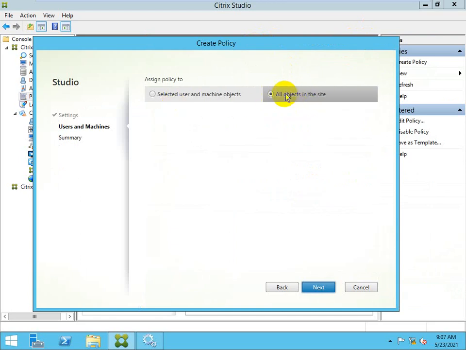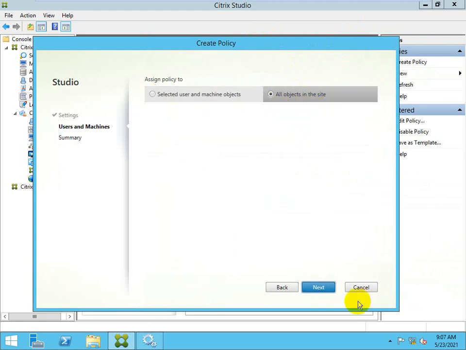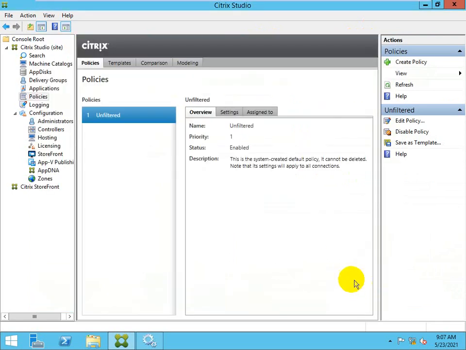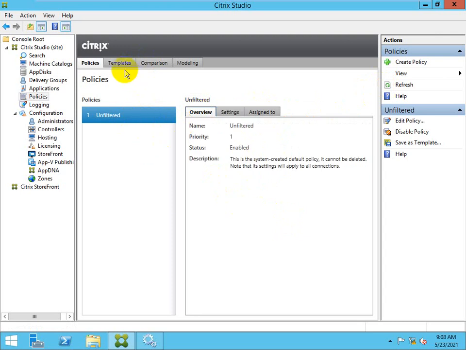I can select, or I can apply on all objects. So there are two options while applying the policies, and canceling this. Here no policy applied.